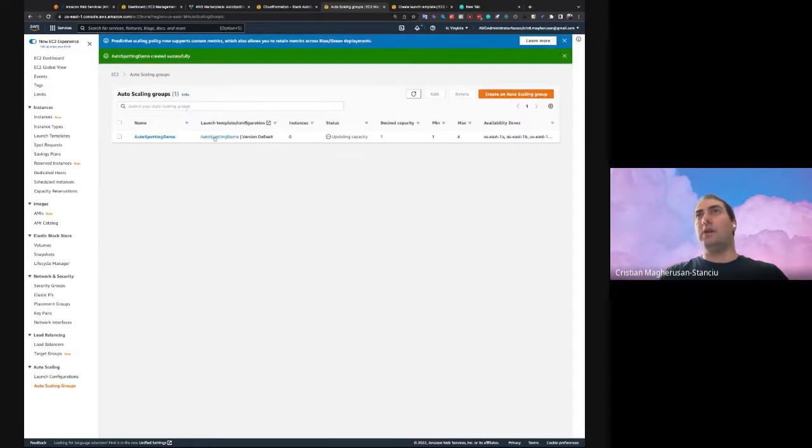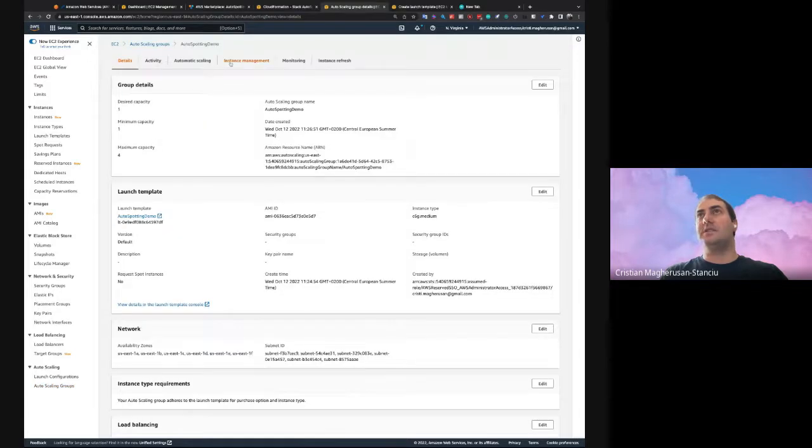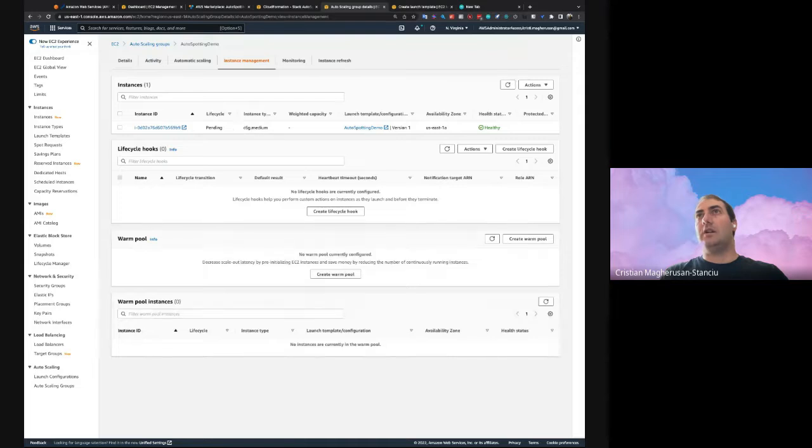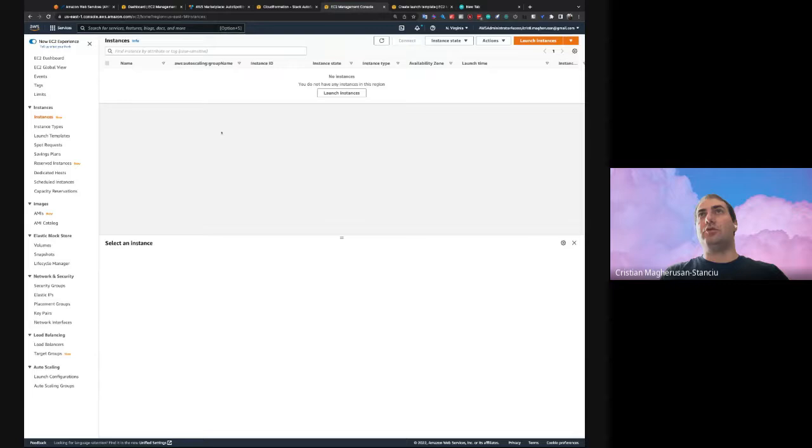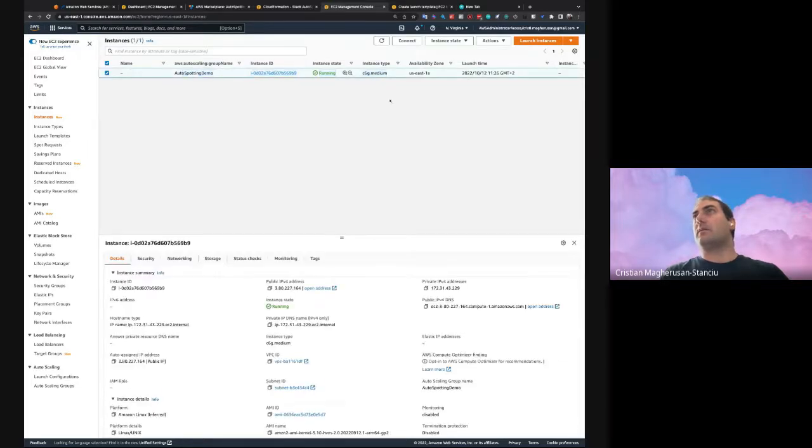The group will start running instances. It's already launching a medium instance. If we go to the list of instances, we see this medium instance being launched. Right? That's what we expected.